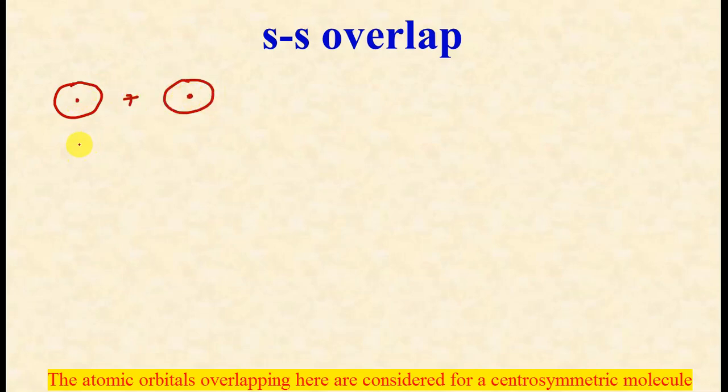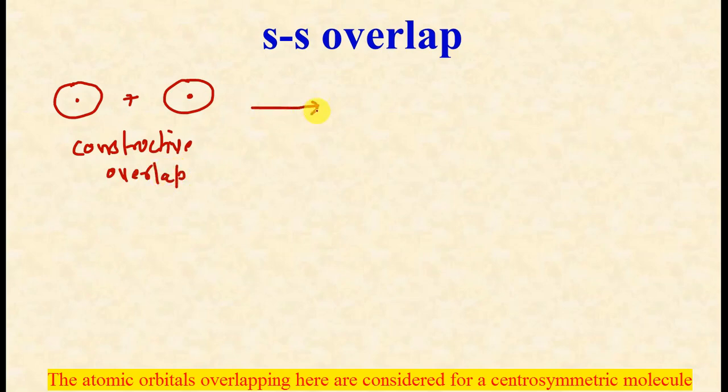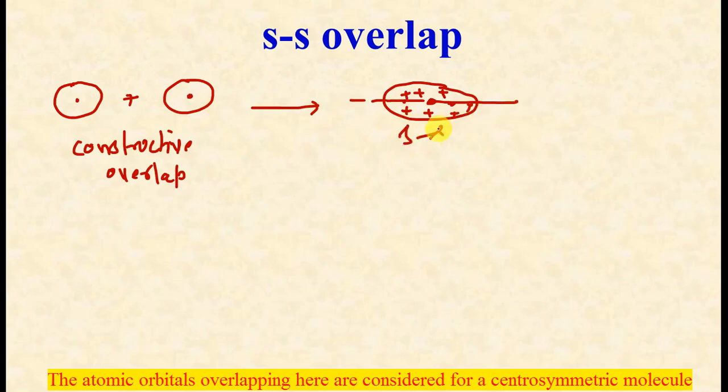The first way is constructive overlap. And what will we get? We will get a common cloud with the same type of charge distribution, and on extending a line from the center, we will get the same type of distribution across this internuclear axis. So this is ss overlap, and this orbital which is formed is called a bonding molecular orbital